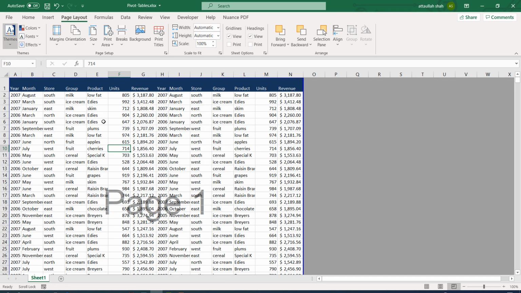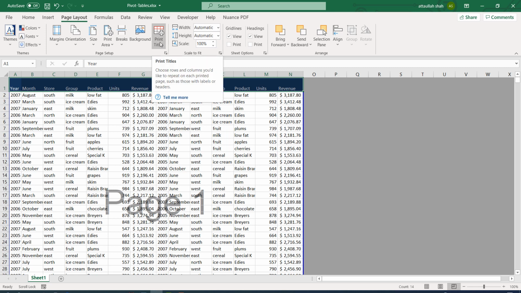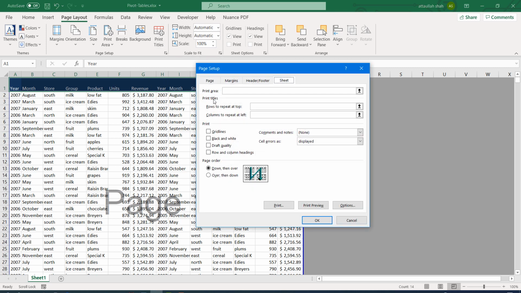So in printing, we can actually print the column headers on each page, so that the reader knows what each column represents. The term that we use for this activity is called print titles, and it is in the page layout menu, print titles.